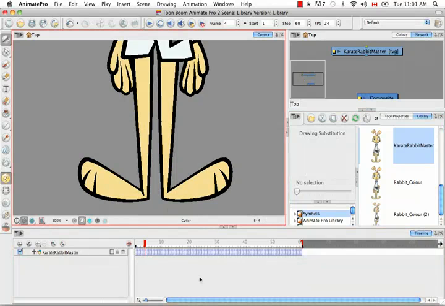Something like this. So right now this is a symbol, and we want to make this into a template so that we can share it with other animators or whoever. What we can do then is take it from our symbol library and drag and drop it into the left side of the timeline,